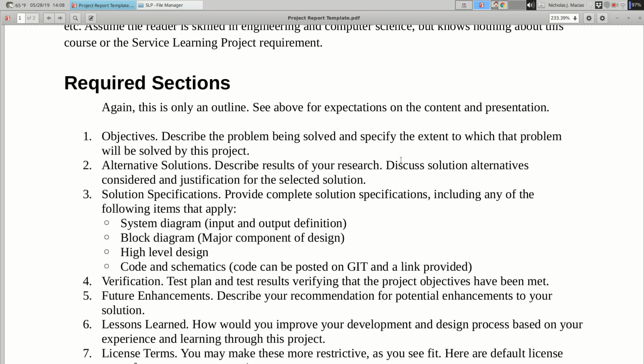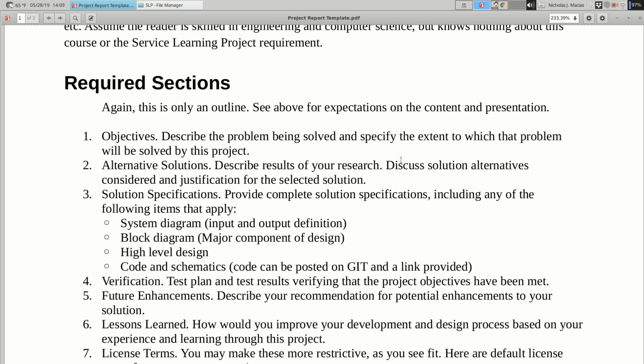And then you probably thought about different ways to do this. So alternative solutions are looking at basically results of whatever phase you were using to think about different approaches to the problem. Well, I thought about using Unity, and then I thought about just writing something in Java, and then I thought about making a card game, and you know, those kinds of things. And then I decided I was going to go ahead and use Unity and make a game that could run on Android. And I wanted to do that because blah, blah, blah, right? It has good graphics, it means I can port it to my phone, etc., etc.